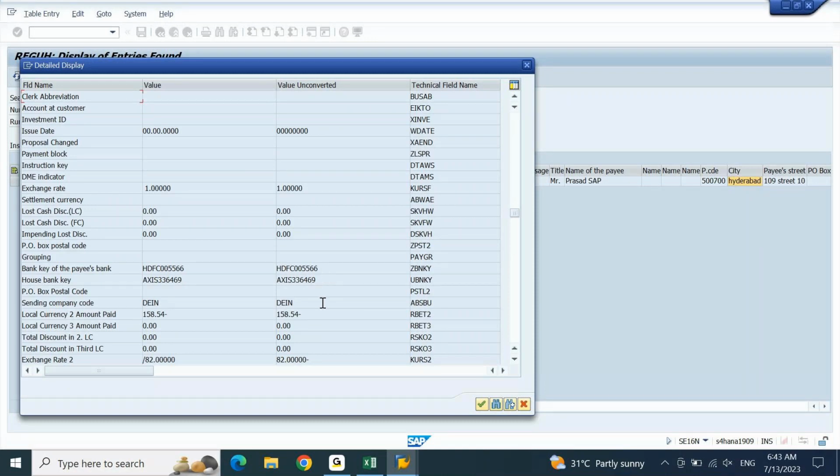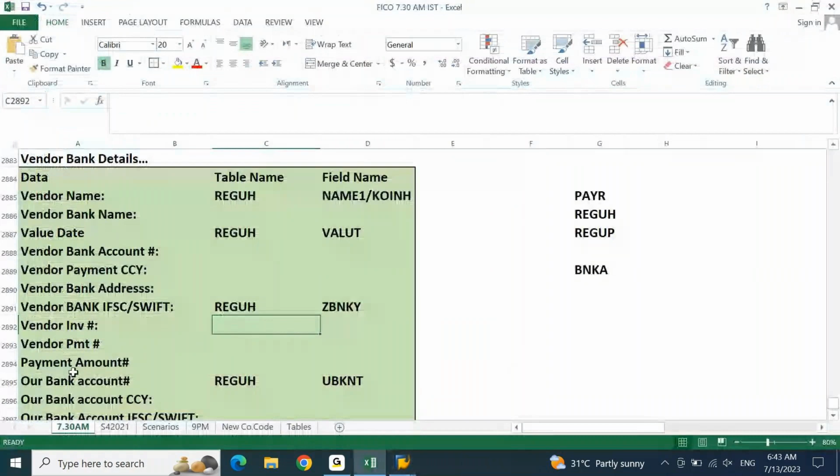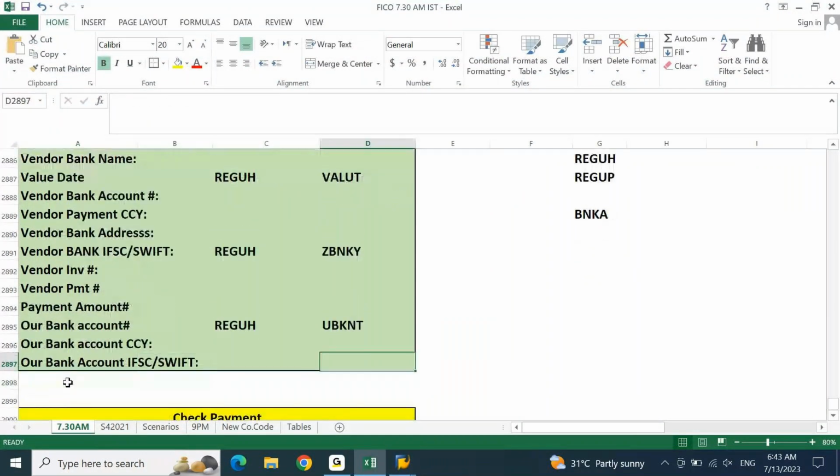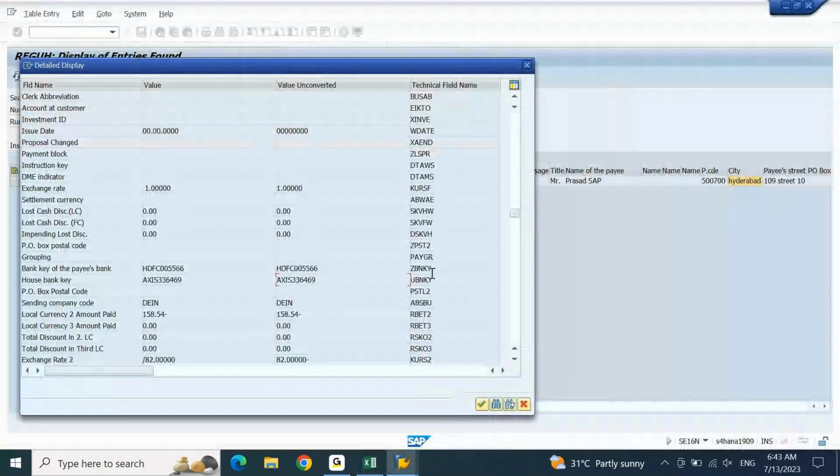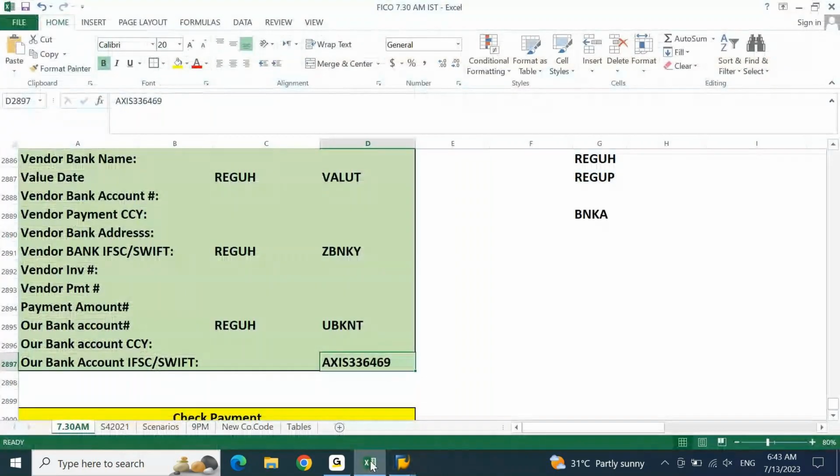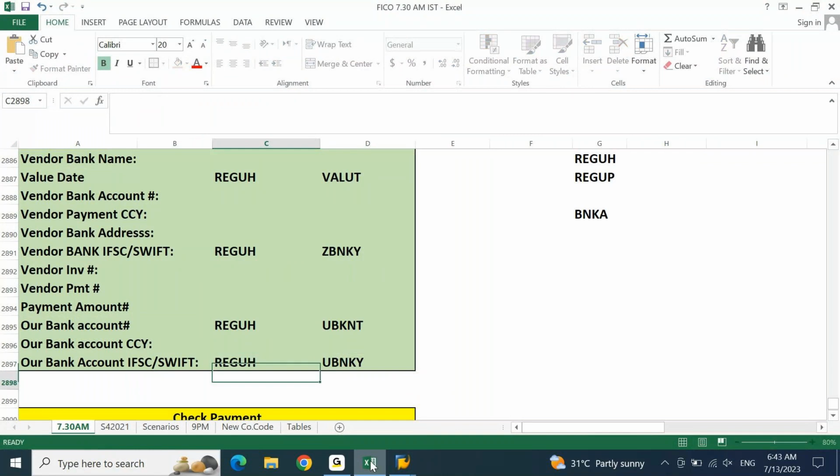This is our bank account number, Axis. Copy this. Bank key. This is our bank account. Our bank, this one is this. Sorry. UBNKY, REGUH. Our bank account currency we will get from a different table. Payment document number, if you go top,